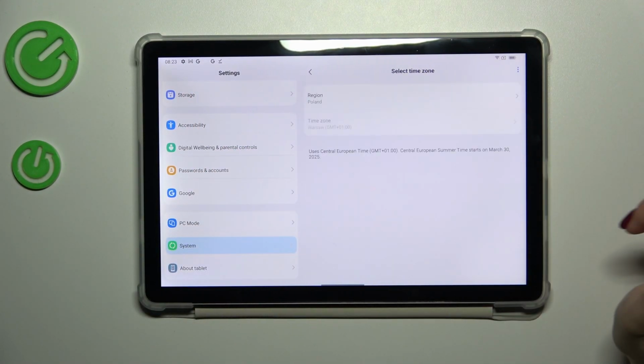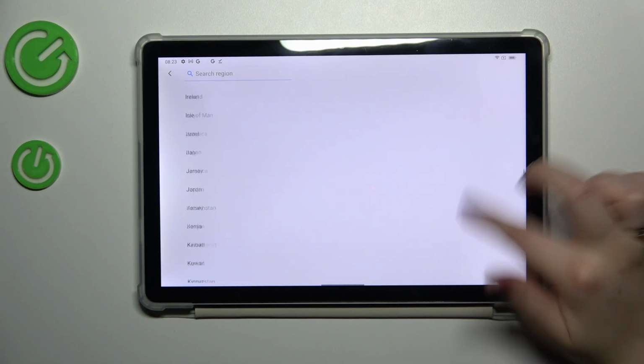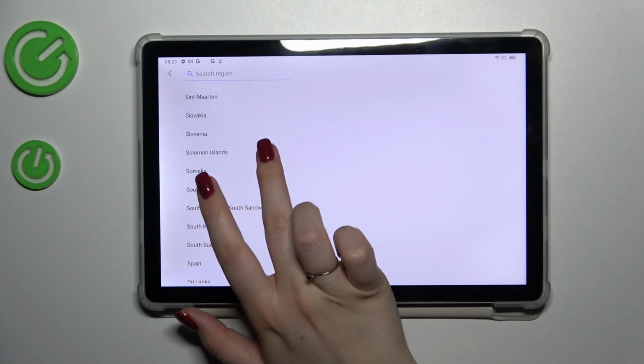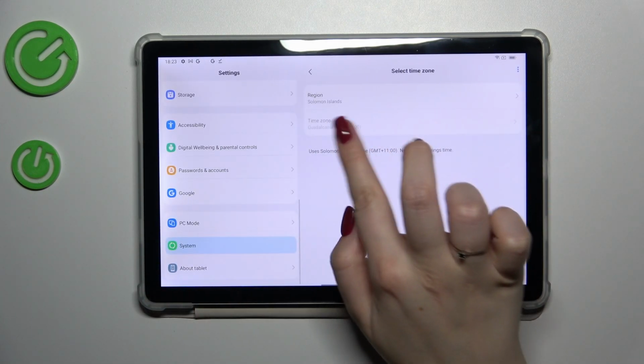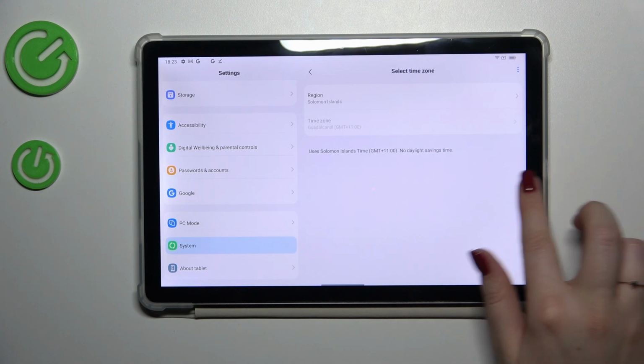We can also change the time zone. Just tap on it, tap on the region, and here we've been transferred to the full list of available regions, so just find yours and tap on it, for example this one. It will be immediately applied, and of course be aware that after changing the time zone, the time will also change according to it. It's